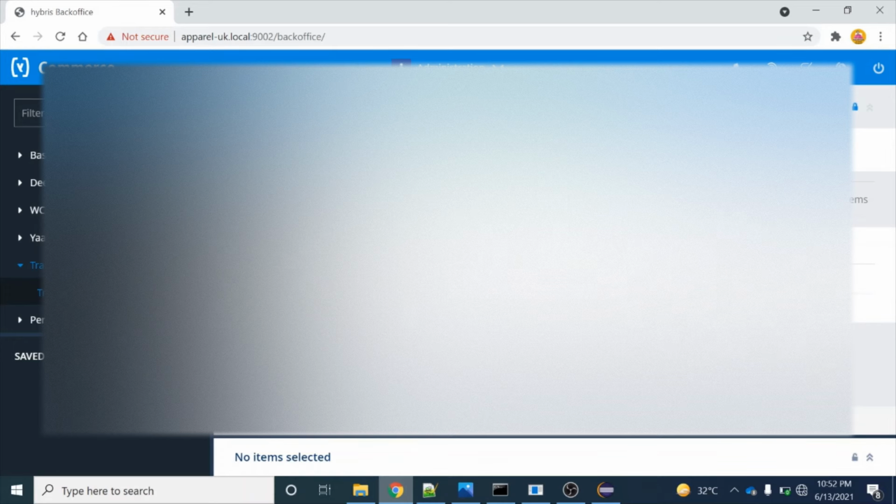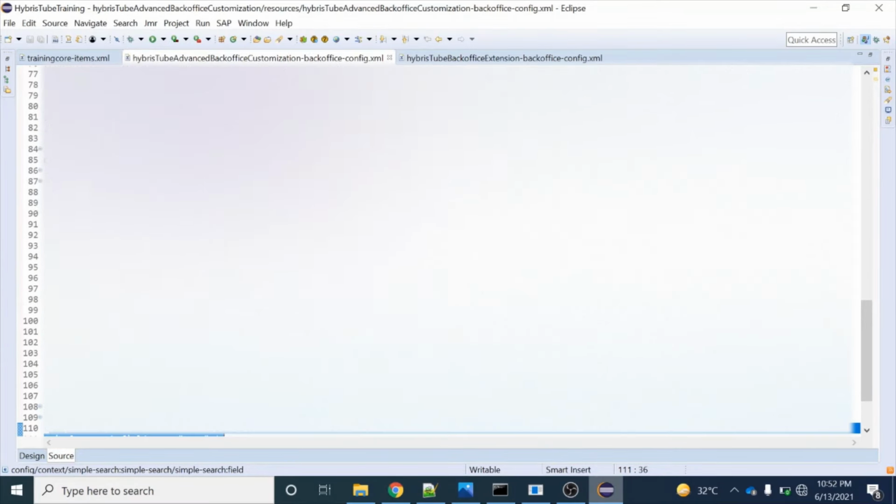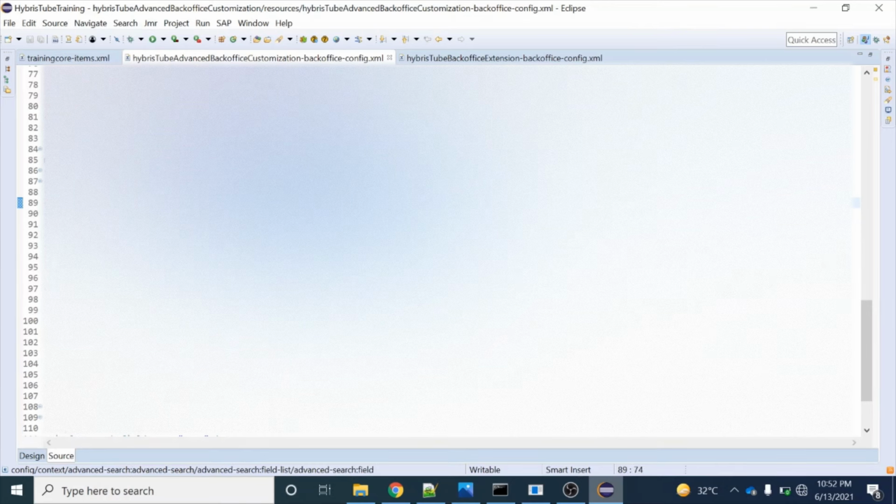Now if I click on this, you will see we have this view, which is called the advanced search view. Over here we have article number with comparator equals, and identifier with comparator contains. Why is this happening? This is happening because over here, you can see with the name I have given the operator contains. That is why it is like this.